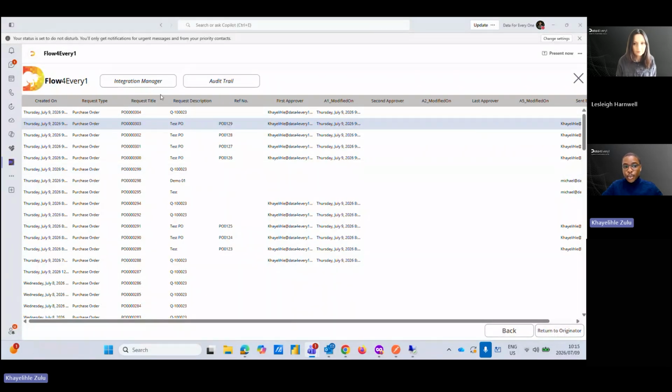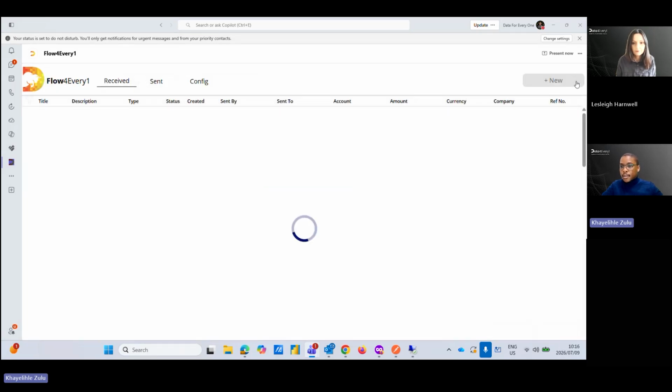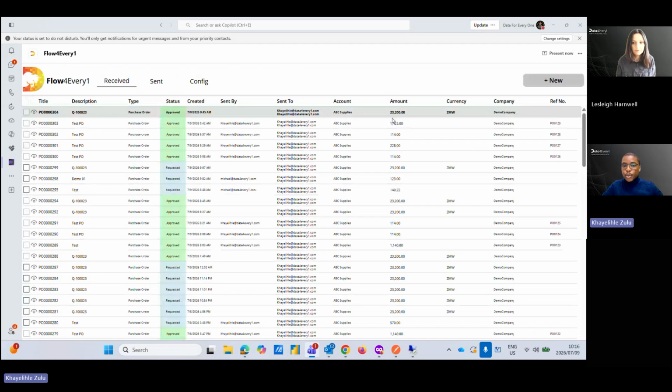On the left-hand side, we have the integration manager where we are able to view the purchase orders that did not integrate with the ERP and the reason why they did not integrate. So if there are any available, we can just select and then select reintegrate, which will then reintegrate with the ERP. So to navigate back to the dashboard window, we can just click the X icon,